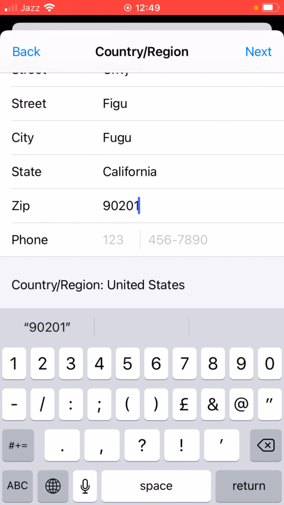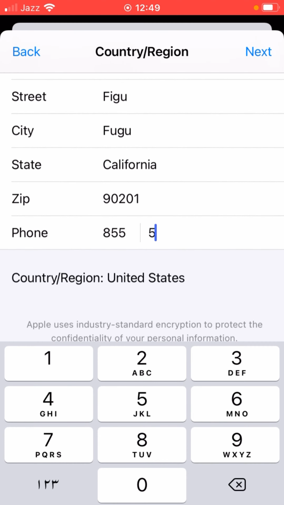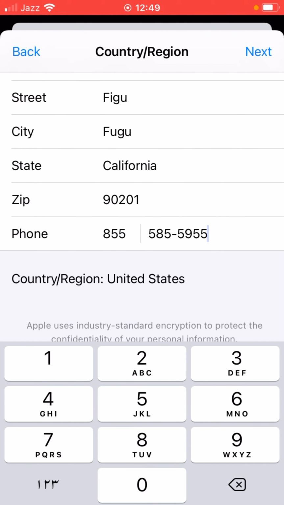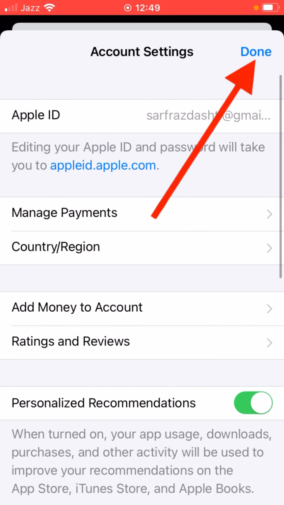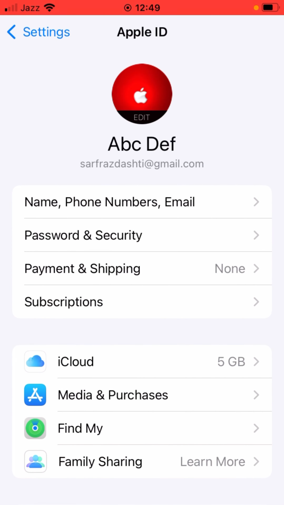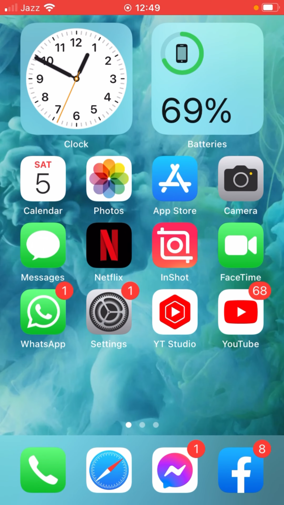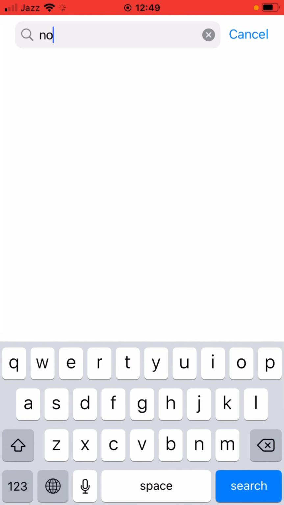And then here you have to give your phone number. You can put a fake one as well. And then tap on Next. Now tap on Done. That's it. Go back and again open up the App Store, and then again try to download the app